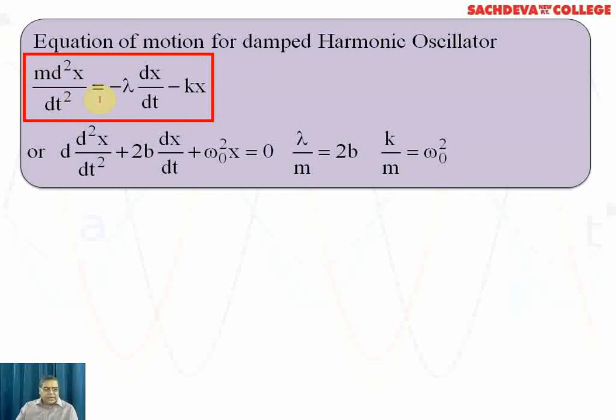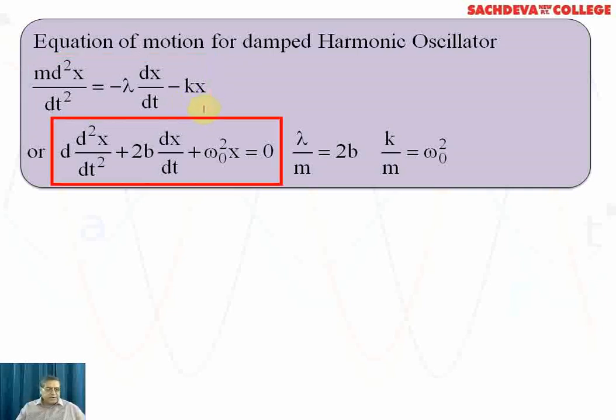So instead of acceleration, we write the double derivative of displacement, and we write it as minus lambda dx/dt minus kx. It will be written as d²x/dt², that is acceleration, plus 2b dx/dt,